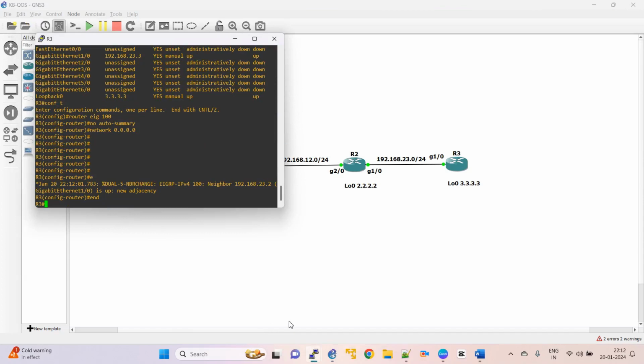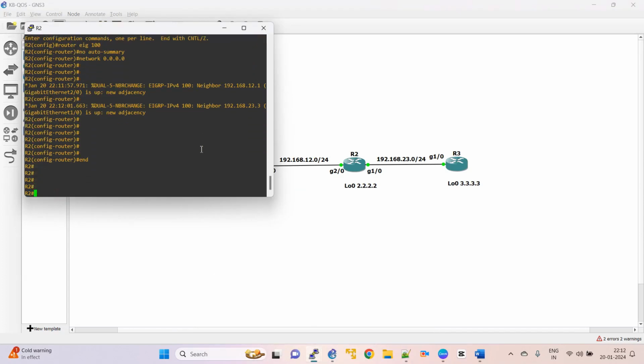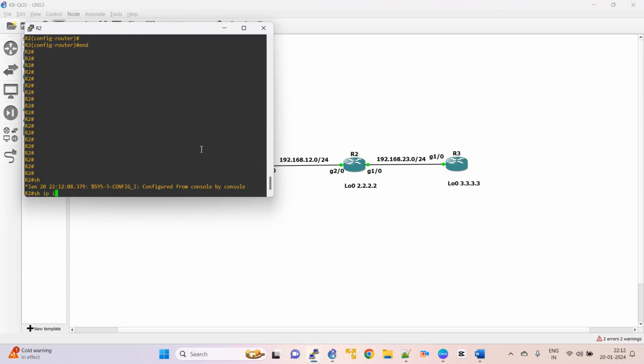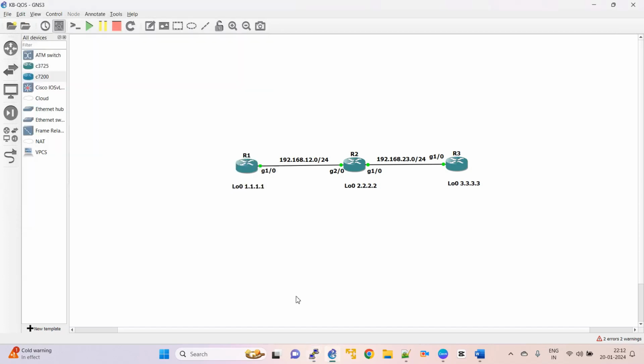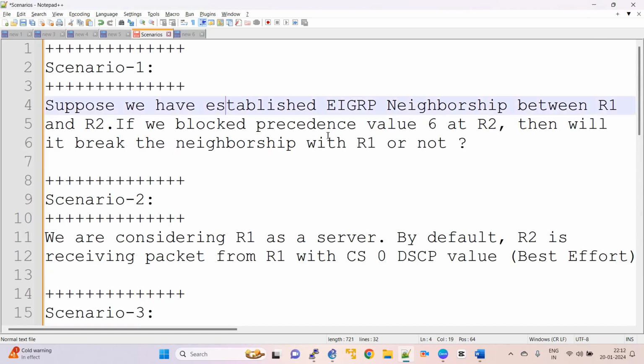Okay, so we can see here the neighborship should come up with R1 and R3. Yeah, now we will try to complete scenario one. So here we can see that we will block a precedence value 6 so that the neighborship will be dropped, right? So let's configure